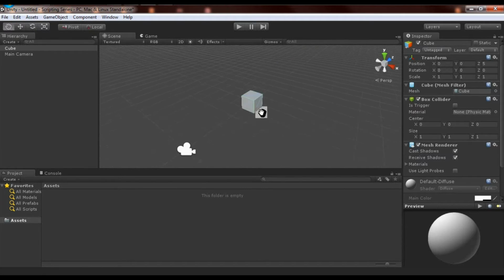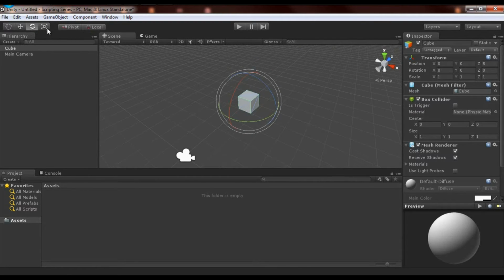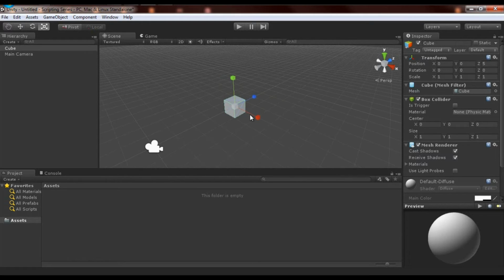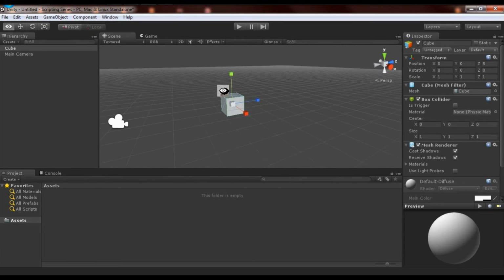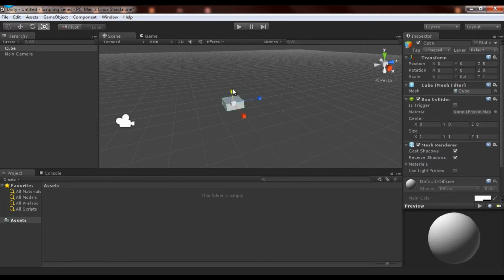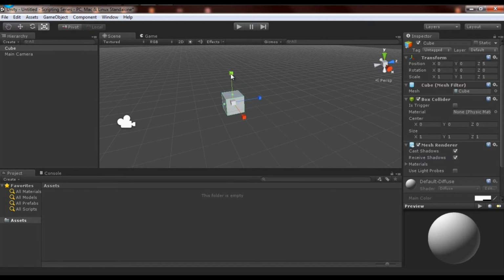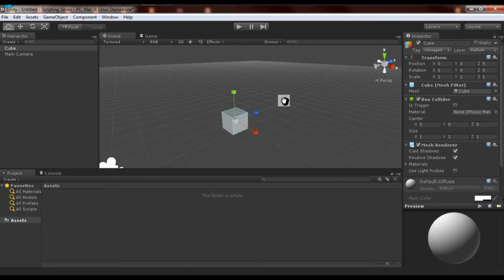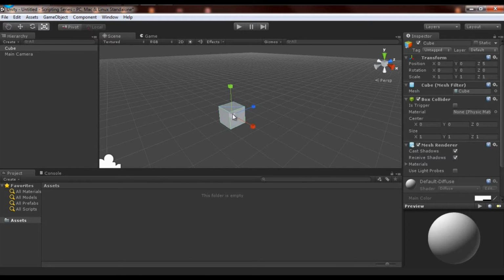This is the pan tool, which again I never use. The move tool for moving things around. The rotate tool for rotating things. And the one I haven't talked about, the scale tool, which is much like the move tool. You just scale it. It doesn't have those little boxes, so you can't scale on 2 axes. I think, well, in Unity there's, or in Maya there's a way to do it, but in this there is not. So anyway, you can just scale along these different axes, and then this one right here is scale on